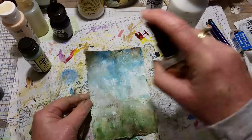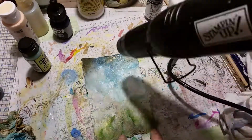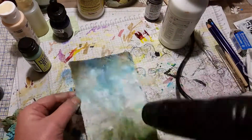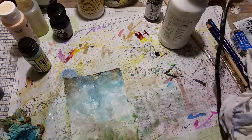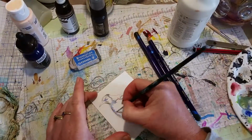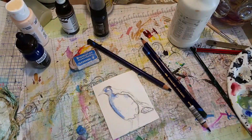So as you can see now, I've sprayed it with the Tattered Angels. It was a gold shimmer spray, and it came up and looked really good. I was really pleased with how that looked. So I heated that all off, and then my next step is to paint the Magpie,